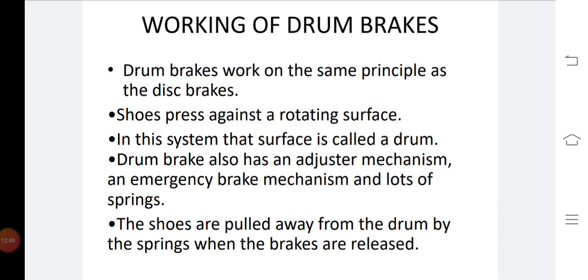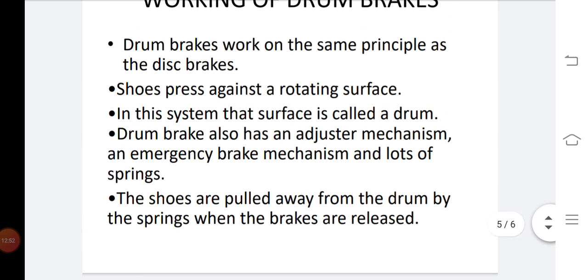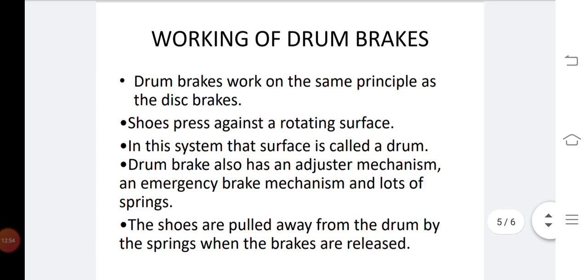Now, the working principle of the drum brake. In some cases also two leading shoes can be used. In some cases, the two leading shoe system was used in the front brakes of the vehicle before the adoption of the disc system. Each shoe arrangement uses its own expander, therefore both shoes can have self-servo action.